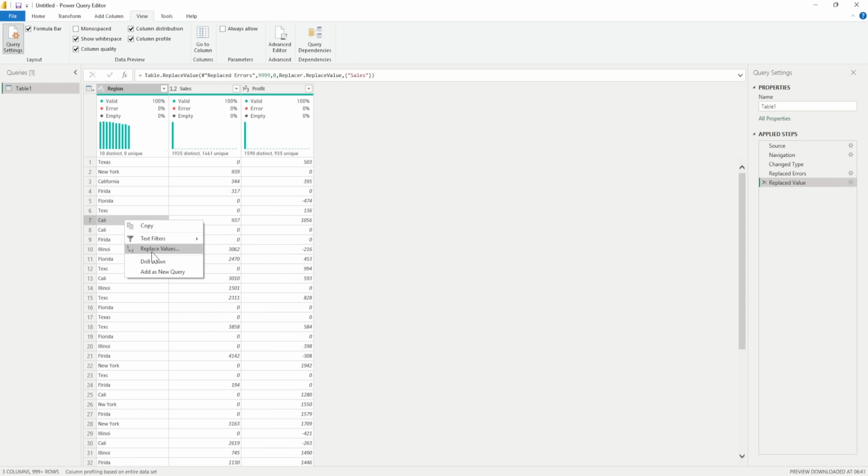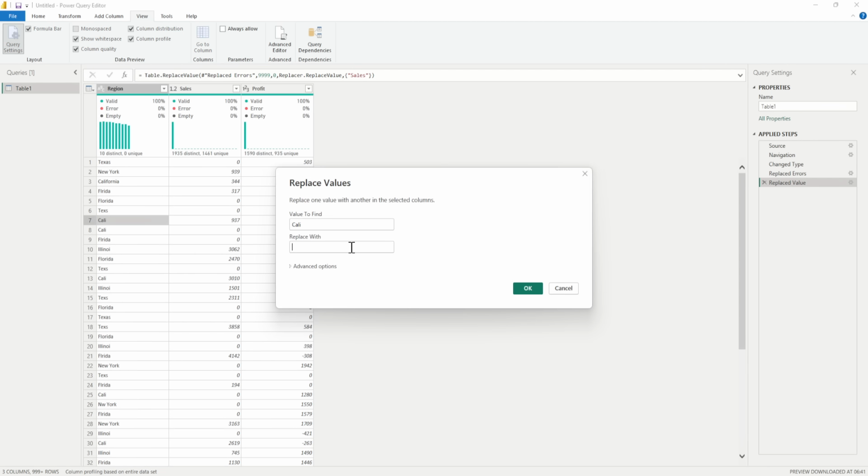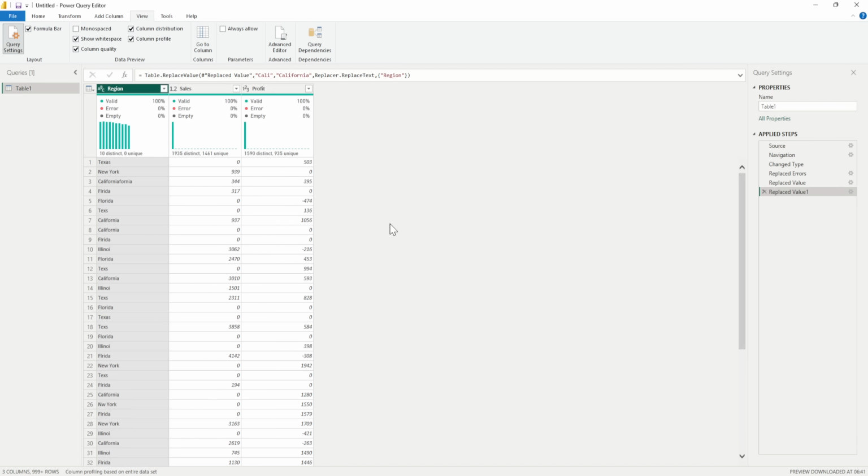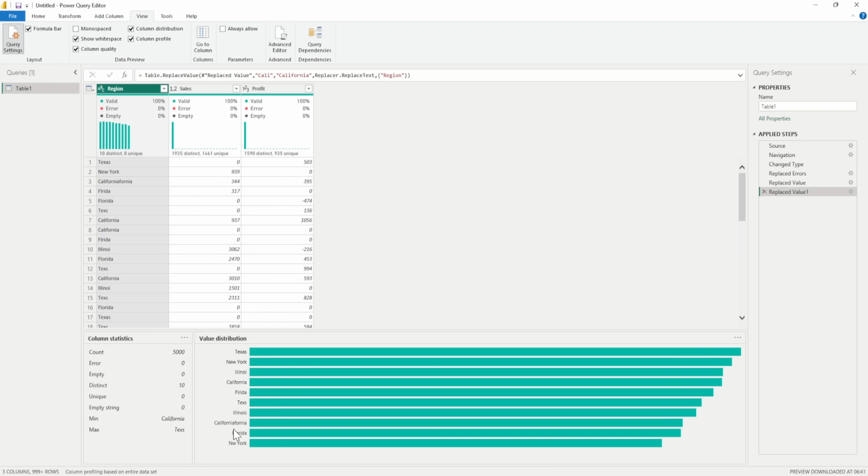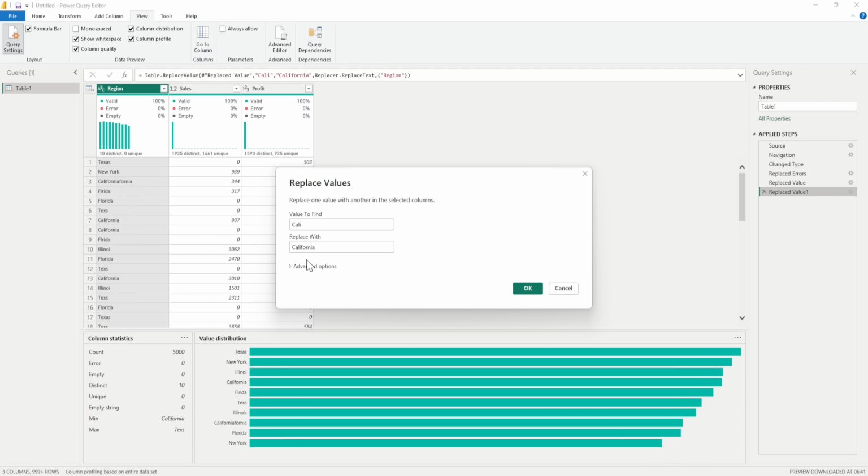I'll do a right click, replace value, and I want to name it California. If my spelling is correct, and I click on OK, when I go into this, I will see all the Cali being changed to California. So yeah, California. Okay, did I do something wrong? I can check it from here. This is California,